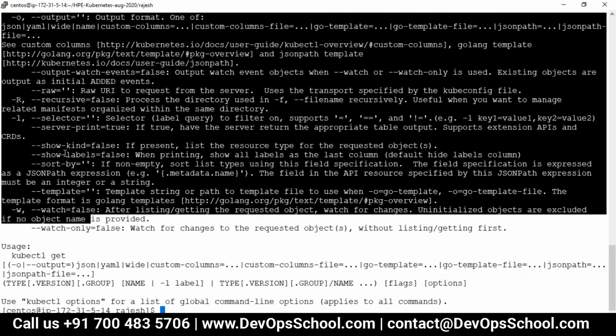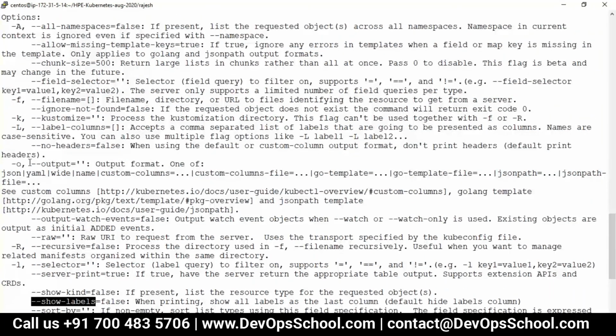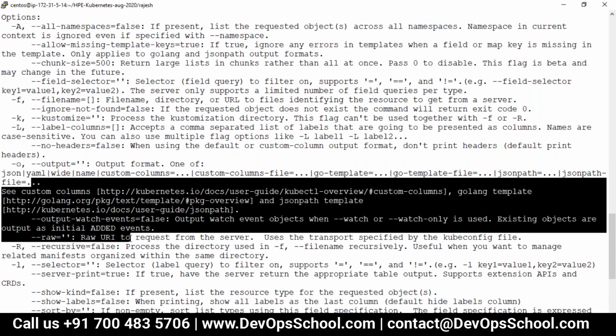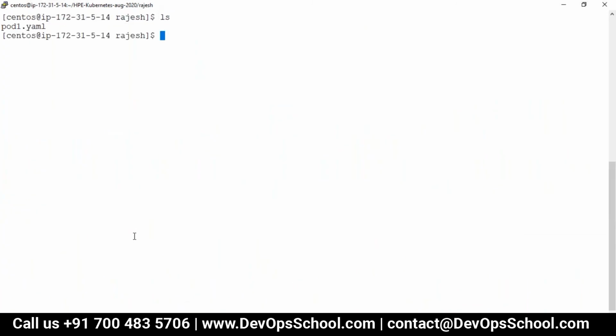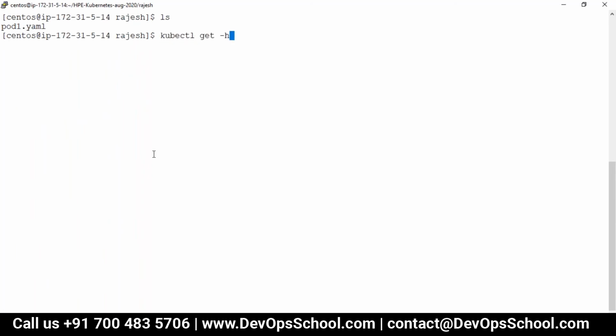Okay, show labels I tried just now. Wide I tried. -o means output in a format which is called wide. So here many options are here. Just try out some of the options, play with it. Don't spend too much time because we have so many objects we have to learn. But whatever I'm saying, be comfortable with it. So now can we use it? So yes, let me get the IP address first of all.